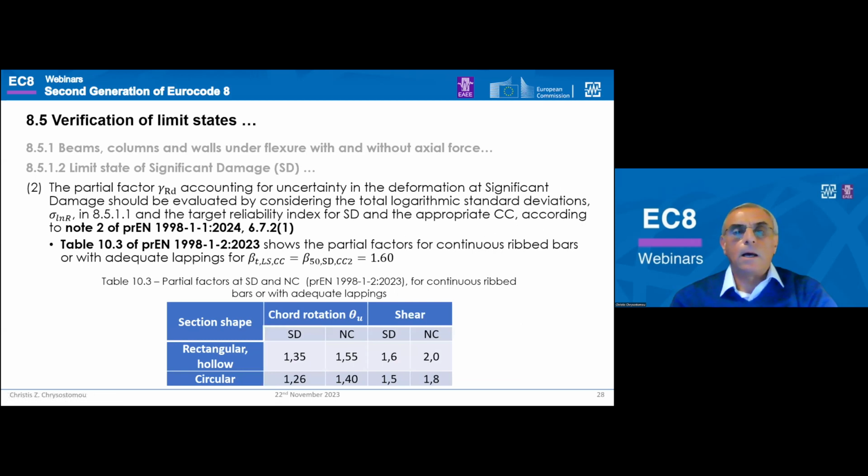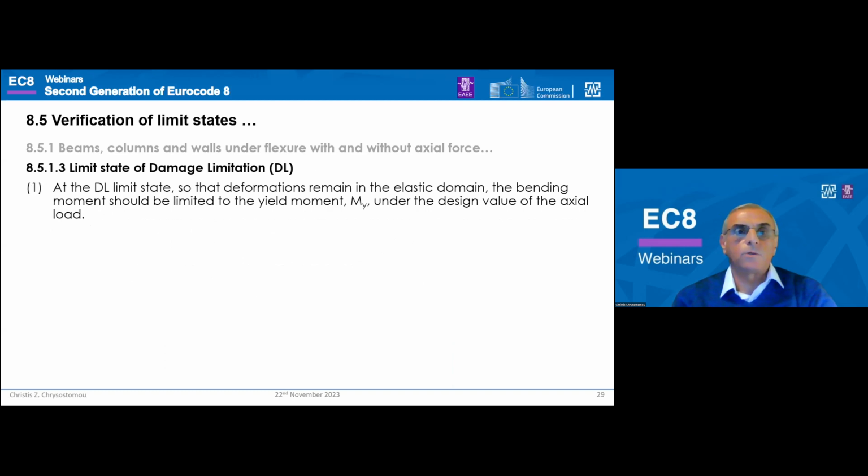because a different reliability index is going to be used, which is going to be equal to 1.6. And therefore, the partial factors for the SD are 1.35 and 1.26. In 8.5.1.1, the logarithmic standard deviations can be used for the rest of the combinations that we have for smooth bars and all the others, in order to calculate the gamma RD factors. Now, regarding the damage limitation limit state,